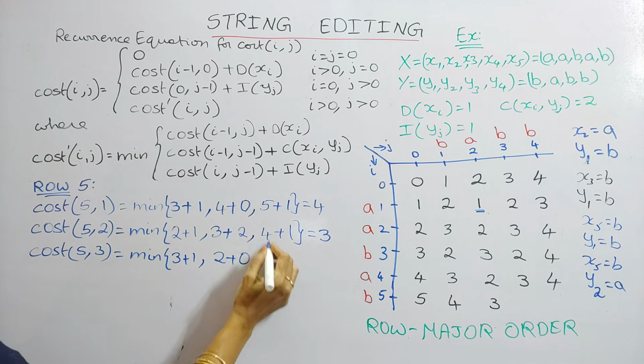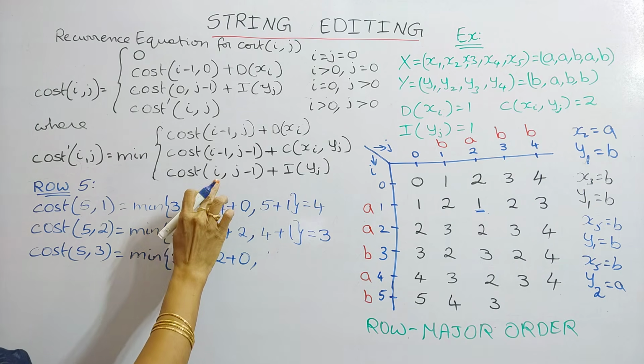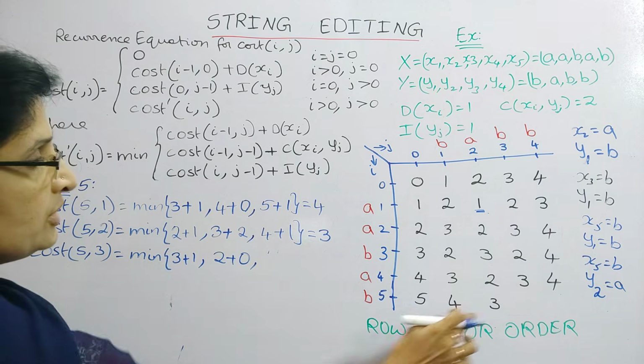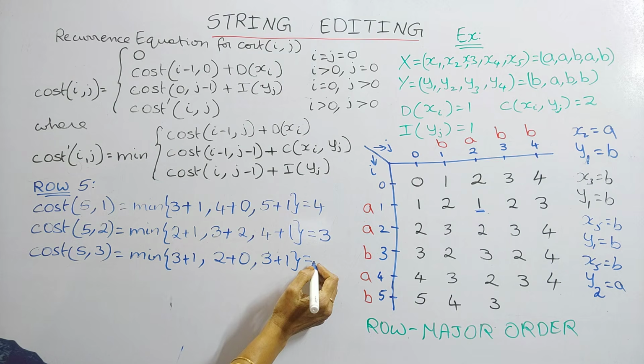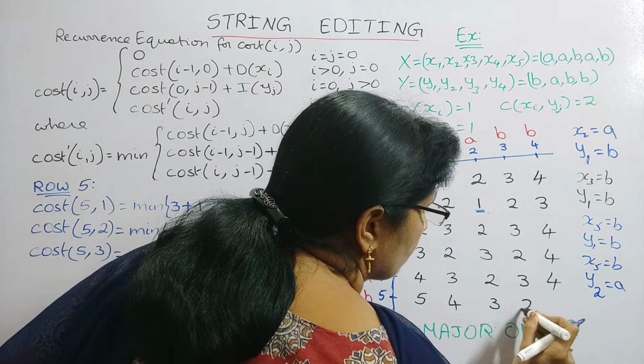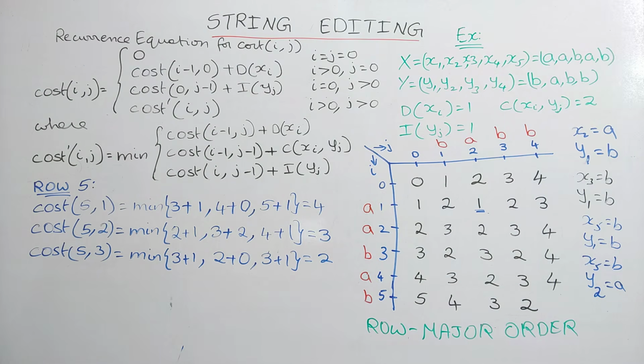And the next one is the cost of 5 comma 2. 5 comma 2 is 3. So 3 plus 1. So what is its cost now? It is 2. So now here you got 2. And the final answer, that is the cost of